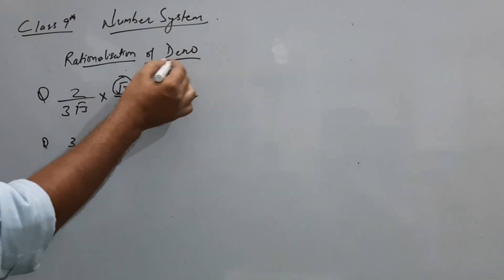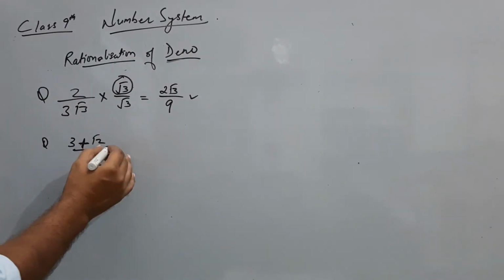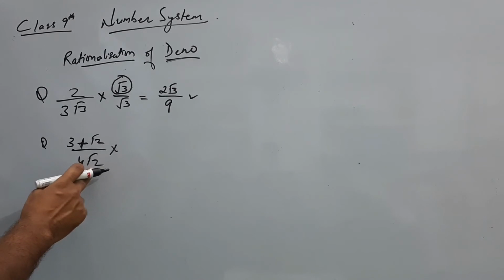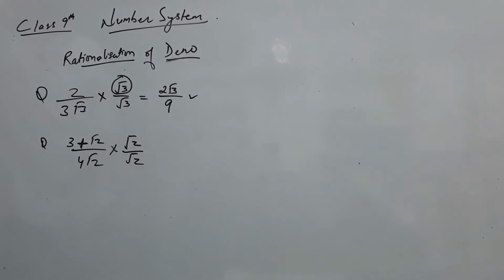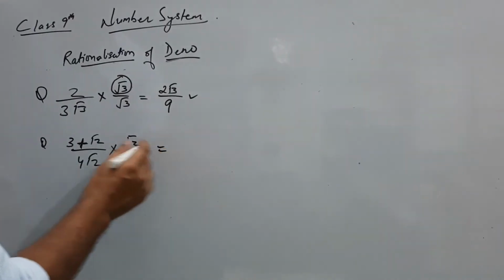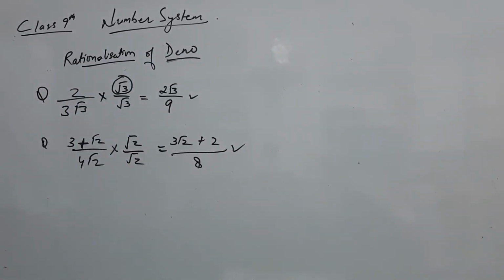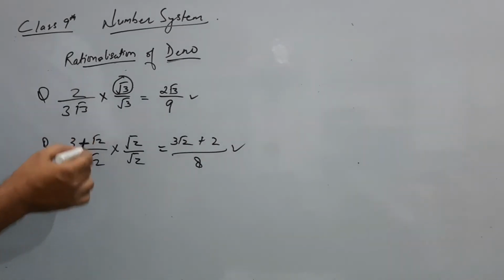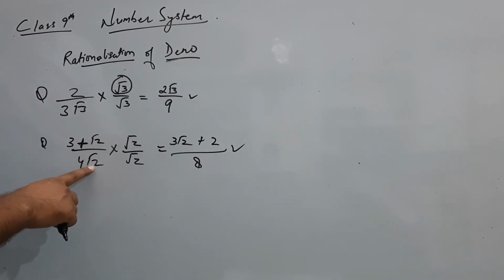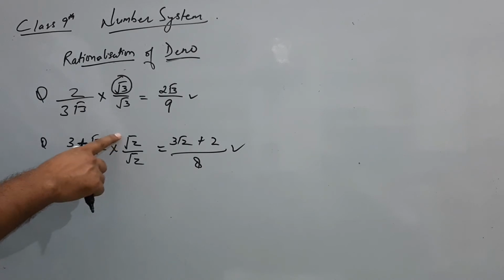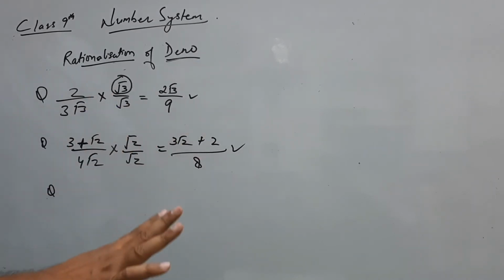So what we have to do? We have to only rationalize the denominator. To rationalize the denominator, multiply by the denominator's third term. So this is the rationalization factor. On multiplying we'll get, so this is the rationalized answer. So now what have we read? We have read whenever there is a single term in the denominator, we have to just take this third term and multiply conjugatively. We'll get the answer directly, very easy.